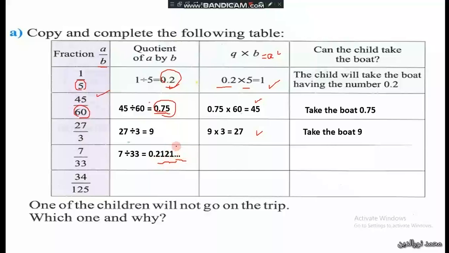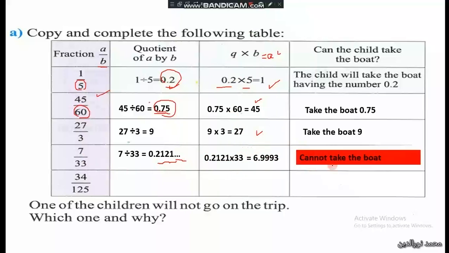And then we have to multiply 0.2121 times 33, and the answer is 6.9993, which does not equal A. So we notice here that the product of Q times B does not equal A, so he or she cannot take the boat. The last example, 34 divided by 125, and the quotient is